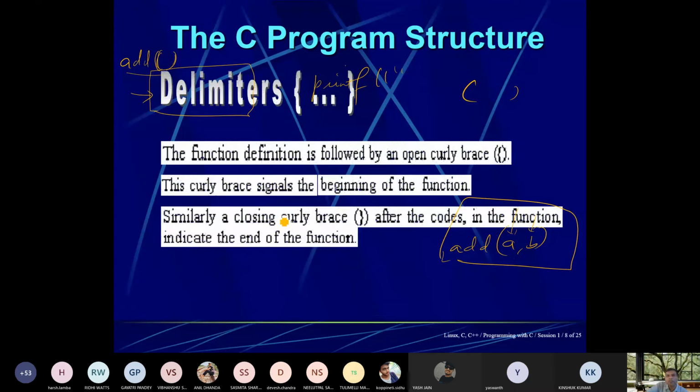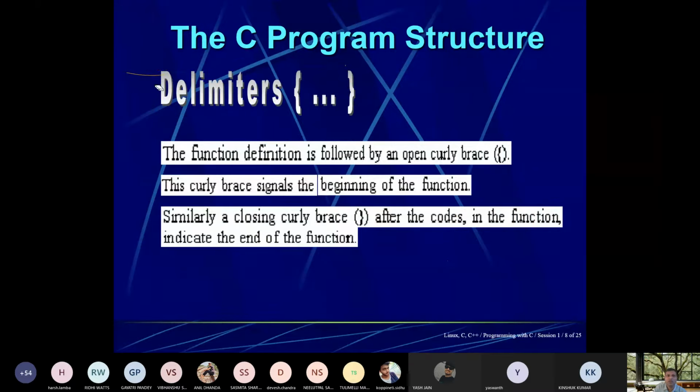Okay, then, let me erase all these things. Delimiters. The C program structure consists of delimiters.